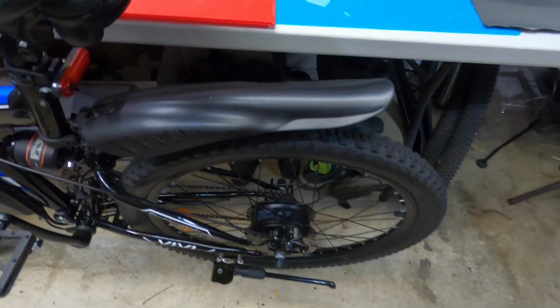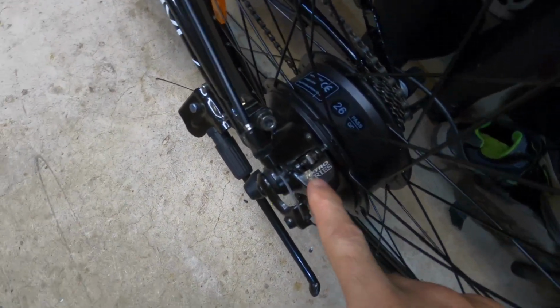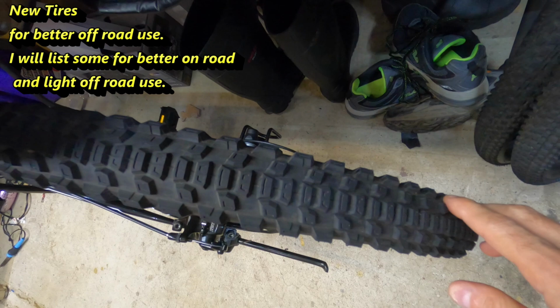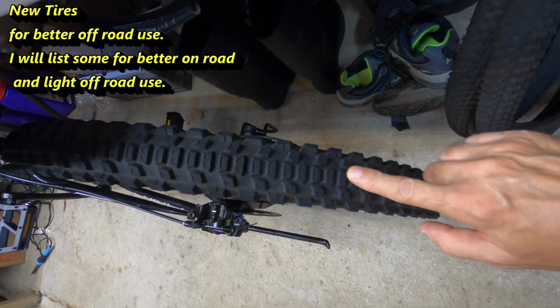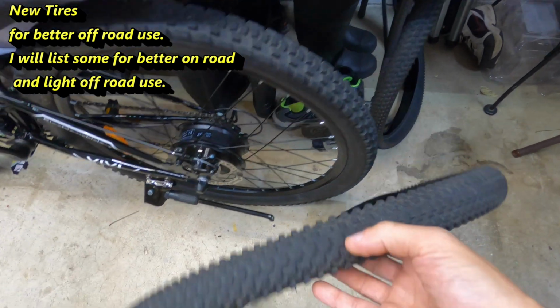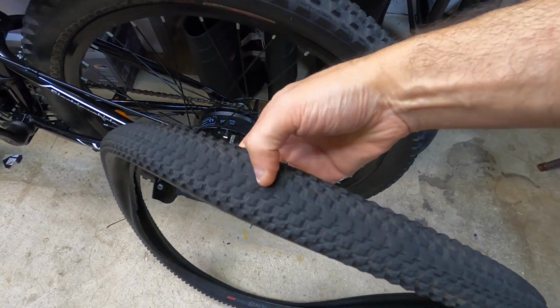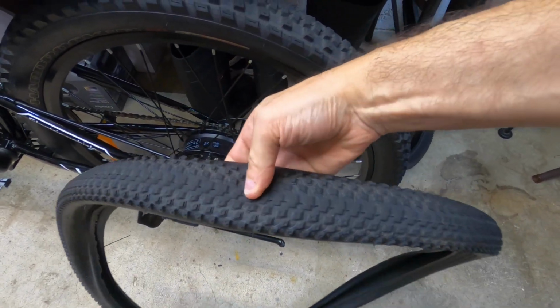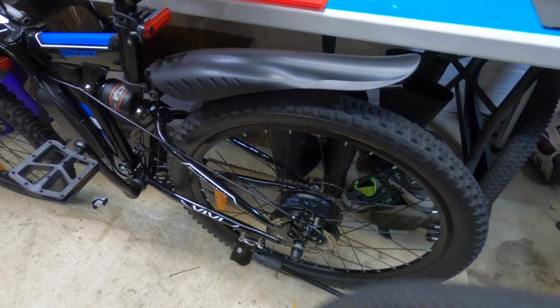Oh, I took the tires off my mountain bike and I put these on because they're better than the stock ones. They have bigger pads. You can see the pattern. These are knobby, but the knobs are pretty close down the center, so it should still drive pretty smooth. But these stock ones that came with it, they're really cheap. Look at how flimsy they are. They flex and they bend. They're real thin. So I just took these off, but one thing I noticed is